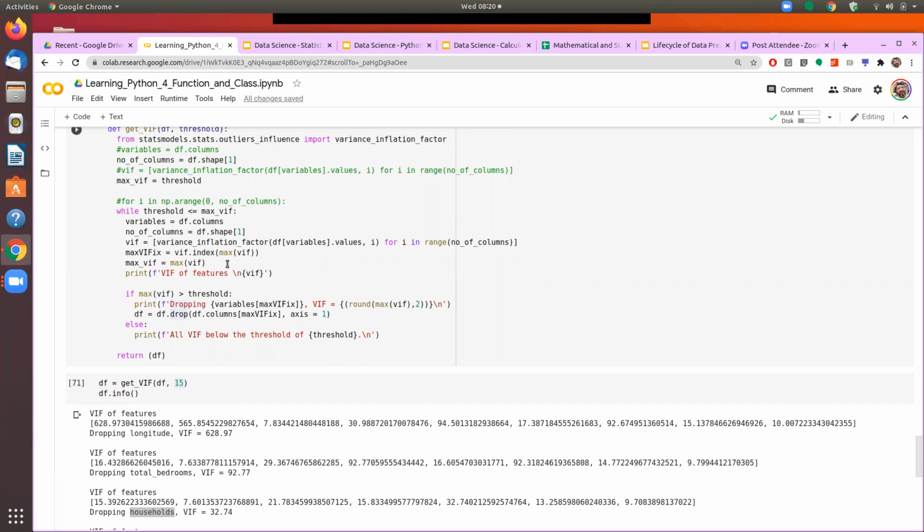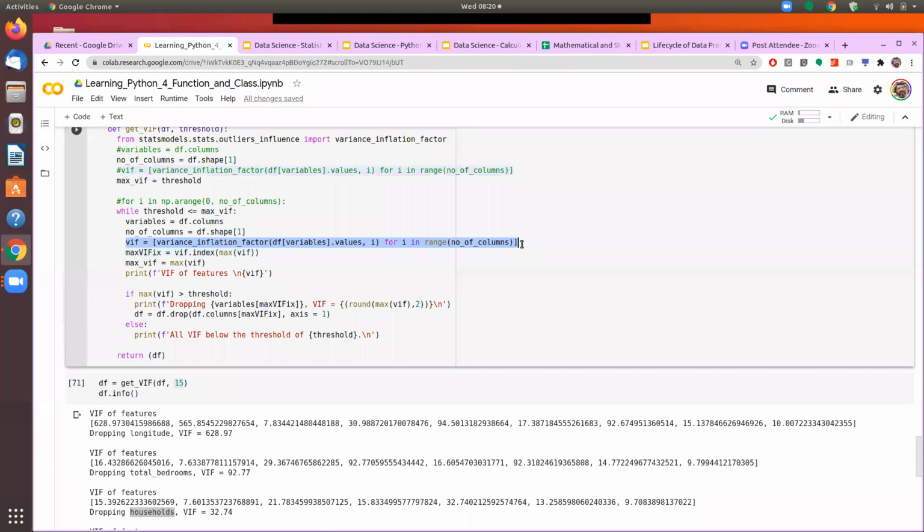Okay. So what we are doing here is that we are finding out the VIF score for all the columns. Then we are dropping it here. So these two are the most important lines in this code. I'm not going to go through that code because you will gradually get the understanding of the code. And to get that understanding, you must do some of the exercises which are very interesting to do, which I have shared with you.